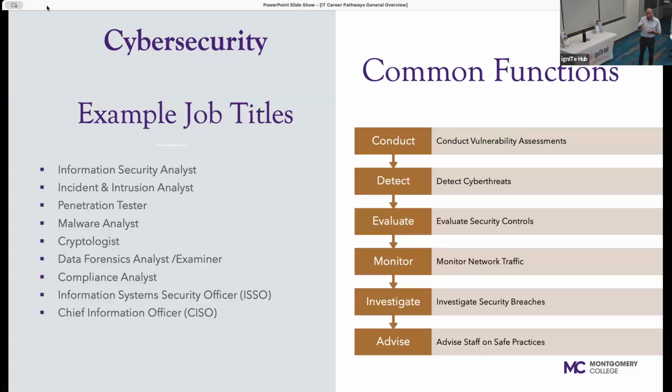All right. Compliance analyst. I put this one because that's what I was doing when I was in cybersecurity. And a lot of people don't think of this as part of cybersecurity. There are a lot of different laws and regulations that have to do with securing the data, either the customer data or the credit card data, whatever. And that's exactly what I was working on here at the college. So you need to comply with that. And a lot of these things fall in the security department because